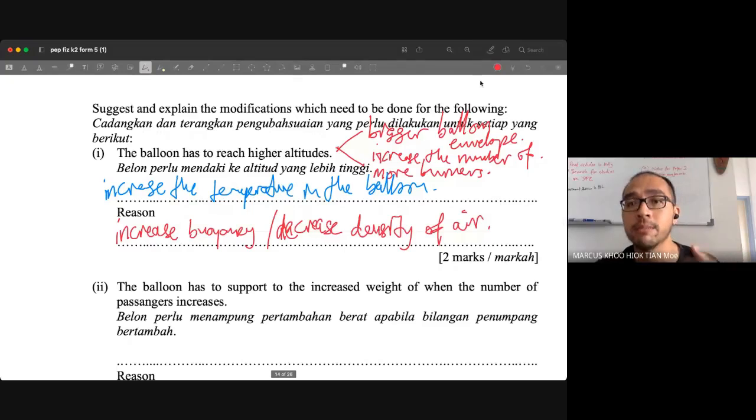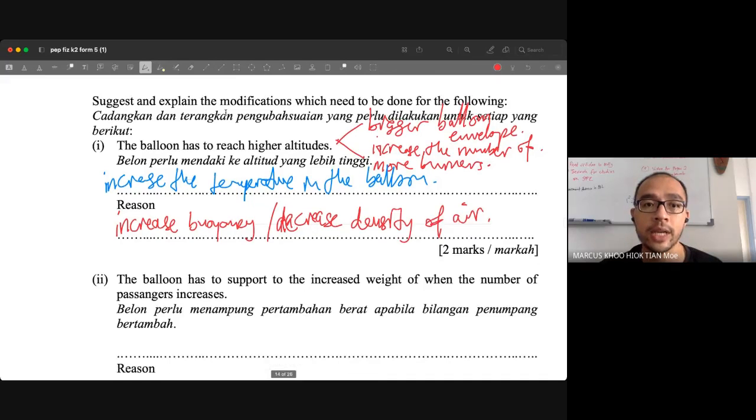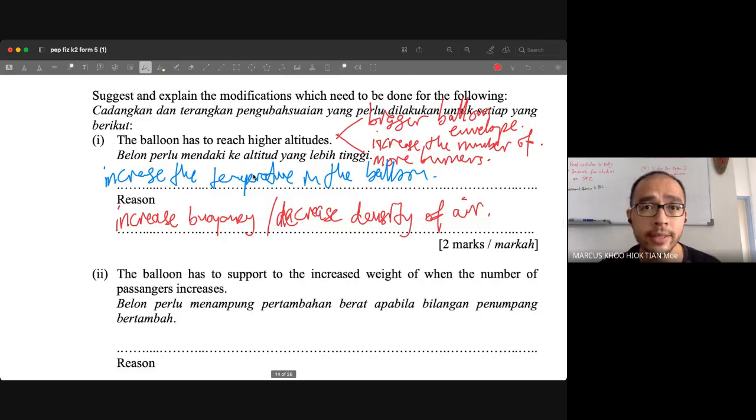You either make the balloon envelope bigger or you increase the number of burners. Kalau kamu cakap increase the temperature, saya punya soalan is, macam mana kamu mau increase the temperature? Because you actually haven't answered the question. You didn't talk about the modification. You just suggest what needs to be done. Okay, but it is not a modification. So be careful of your answers lah. Increase the temperature, although it's technically correct, is not practical because you're not giving a practical